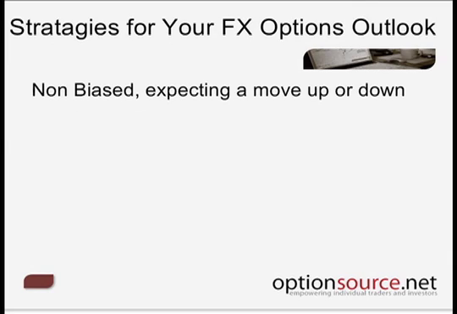And then finally, we're looking at creating more or less a non-biased position where we're expecting either a move up or down. In other words, we're expecting volatility, we're expecting movement within the pair value. We just don't know which way it's going to go, and so ultimately we want to be able to capitalize either up or down. So we'll look at creating either a straddle or a strangle on a particular pair value as well. We've got lots of information to cover this evening, so I'm going to try to highlight these different strategies using some relevant examples, and of course as we move forward, happy to answer any questions that anybody may have.